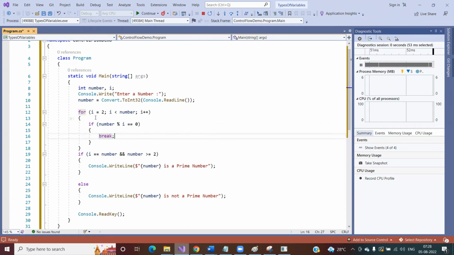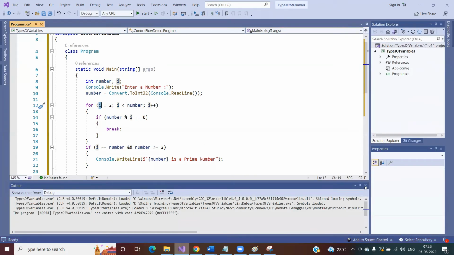Why? If I'm not using the break statement, then the loop is going to check the condition till the end, whatever the number value. But my requirement is, if the number I am entering is divisible by i, it is not a prime number. Once we know that, there is no need to test the further numbers, right? So just terminate the loop. Okay, so in this example, see,